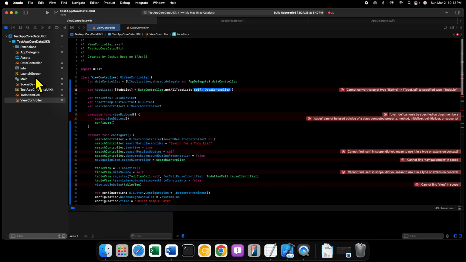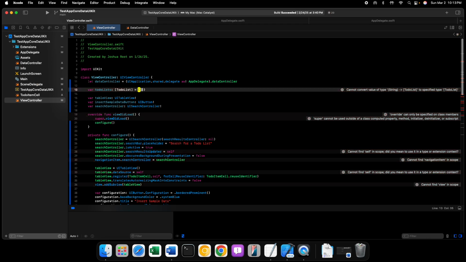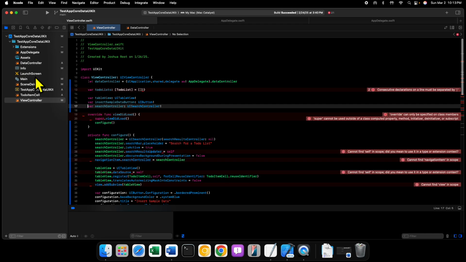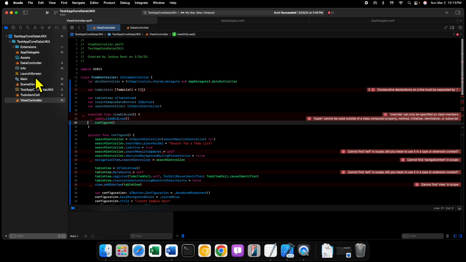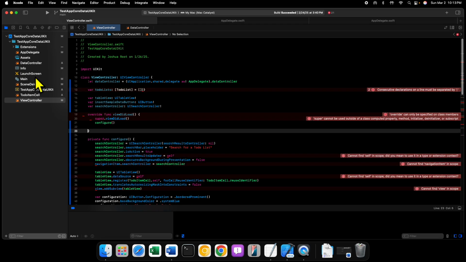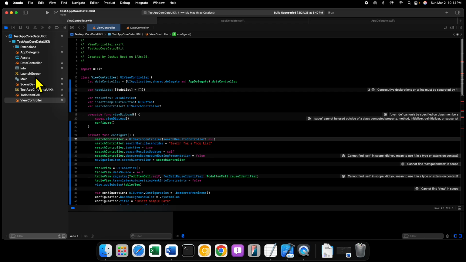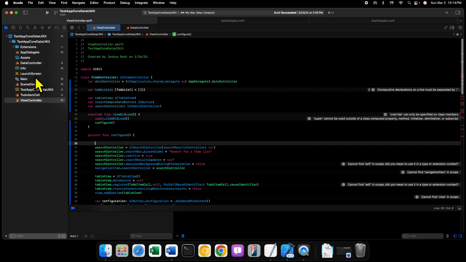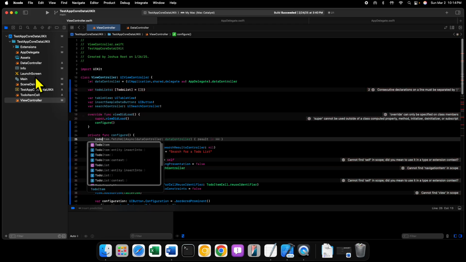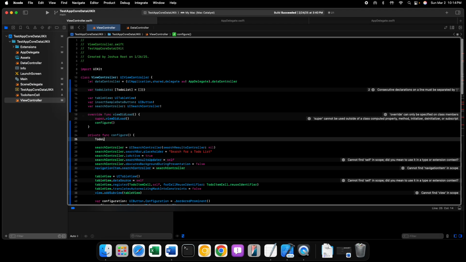Well, okay, what we need to do here first, I guess, is equals. We'll make that an empty array for now. And then what we'll do here is we will go into our configure method and we'll say to-do lists self dot